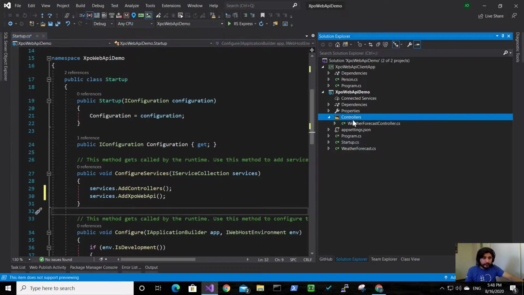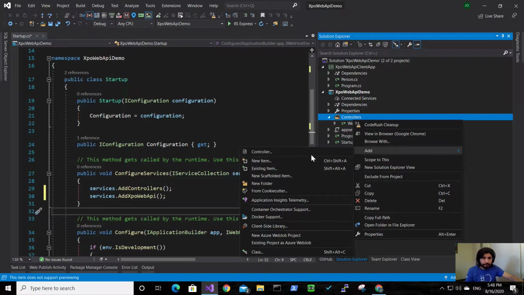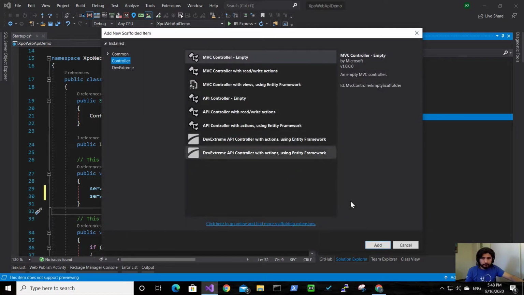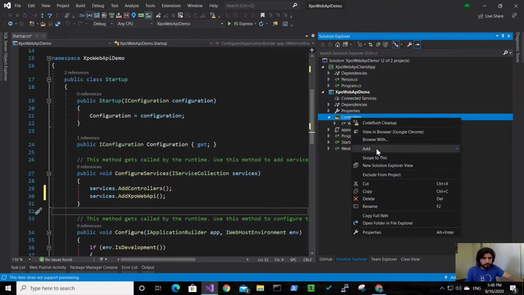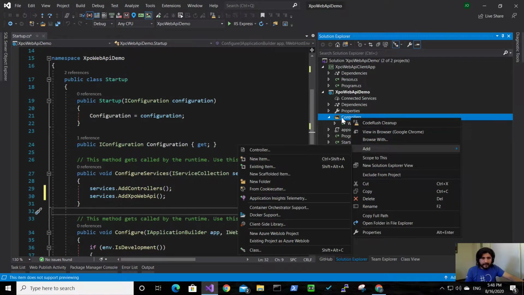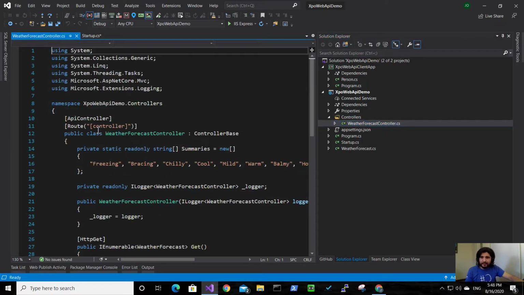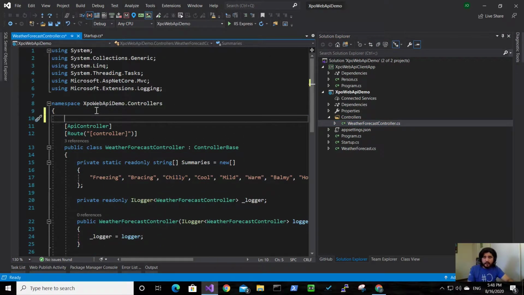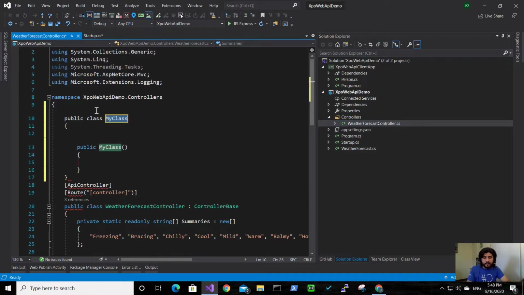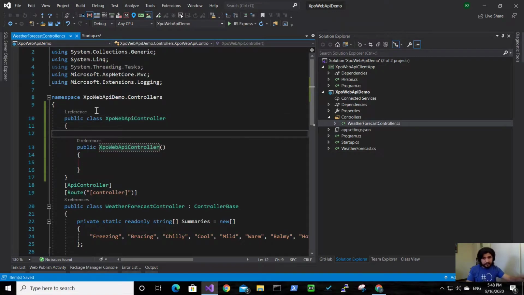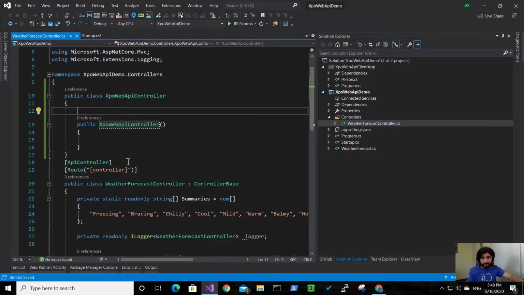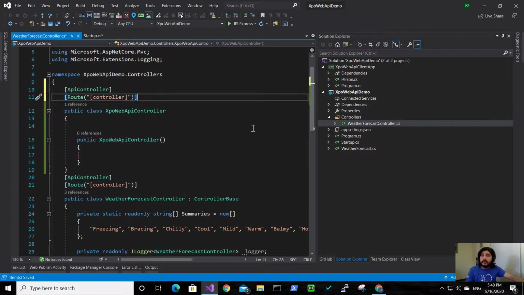Good. So now we have to add a controller. I never like to add a controller like that. I usually do it like this. So let's do a class. It's going to be XpoWebApi controller. You can name it as you want. It doesn't have to be like this, but I like this pattern, so let's leave it like that. And this is going to inherit from